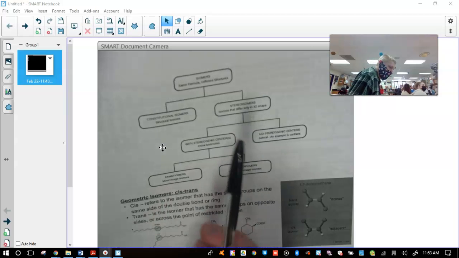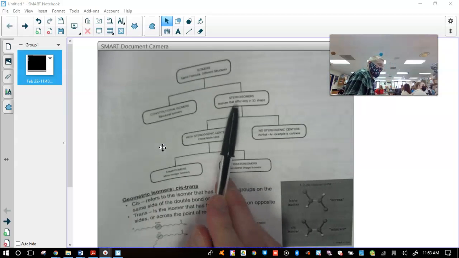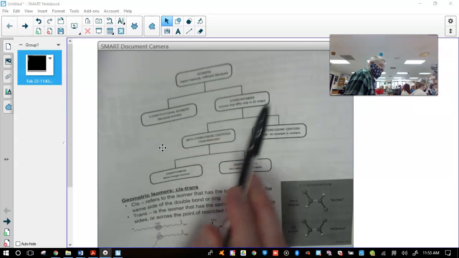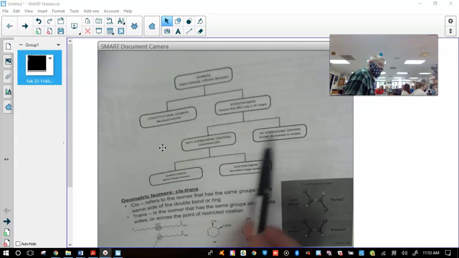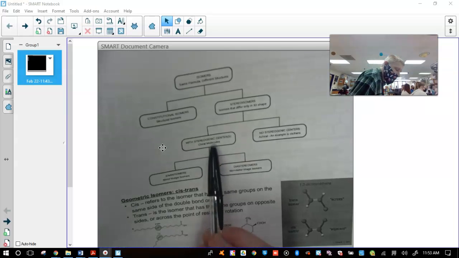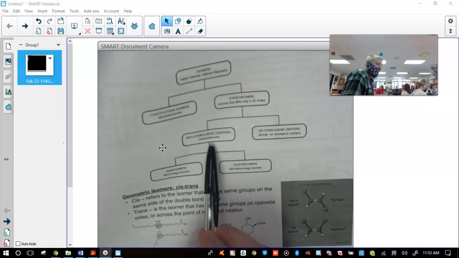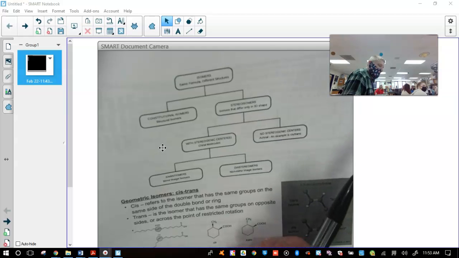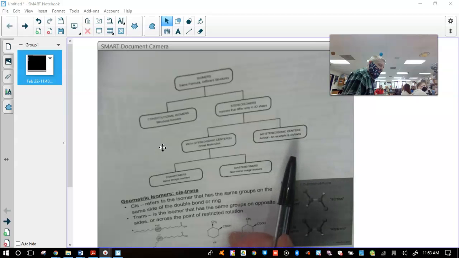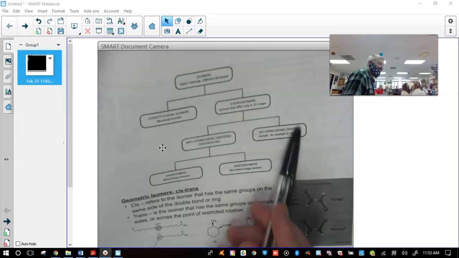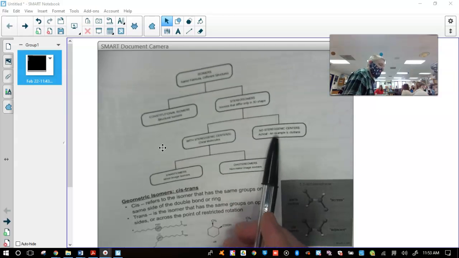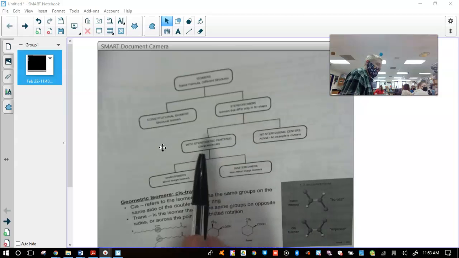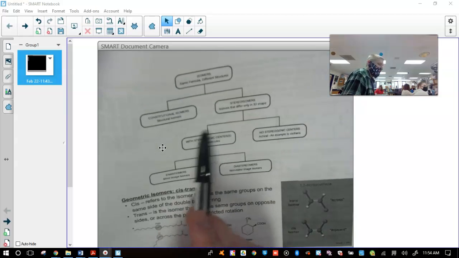I think there's another one. We'd have to write them out. And then the other one is stereoisomers. And this one can be broken up into a couple things. With a stereogenic center, these are chirals, and no stereogenic center, this would be geometric. So you got the geometric isomers like the cis and trans, and then you got the optical isomers that have